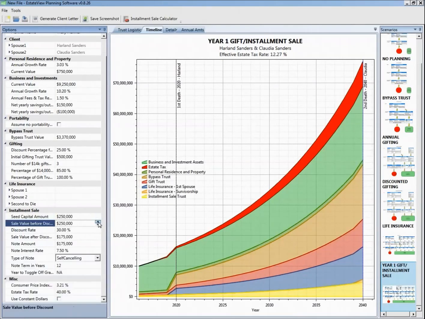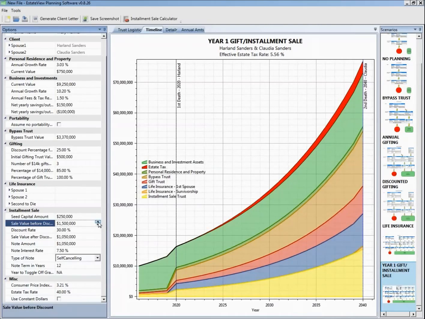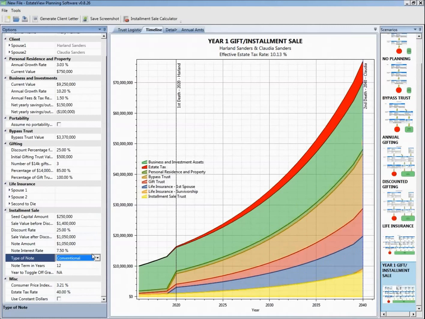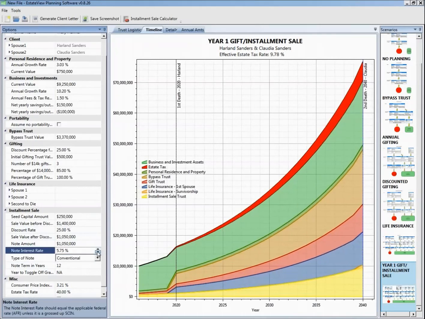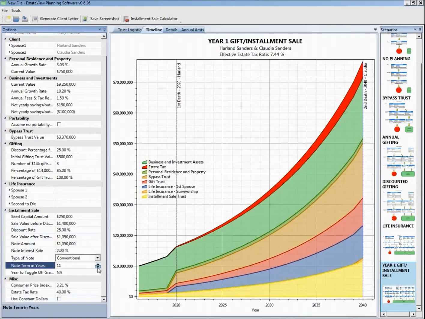$1,250,000 into an LLC. They gift a 99% LLC non-voting member interest. They take a 25% discount. The value of the sale is $1,050,000. They use a conventional note bearing interest at only 2%, which will mature in 9 years, and you see they would still have an estate